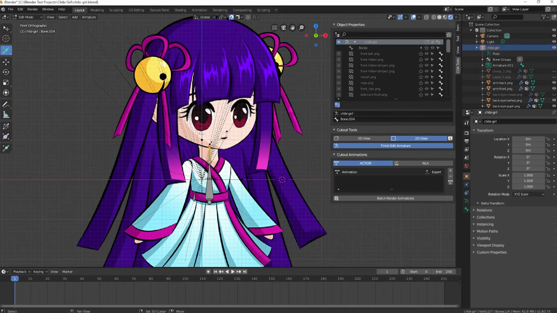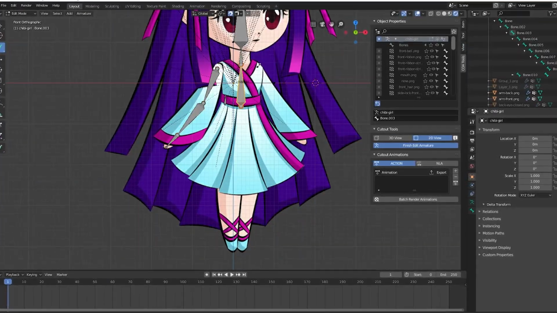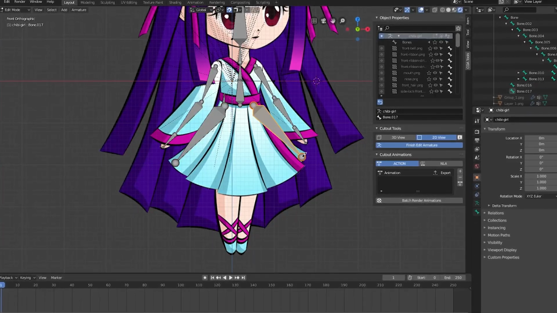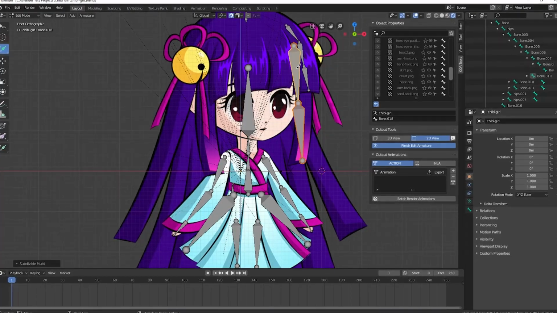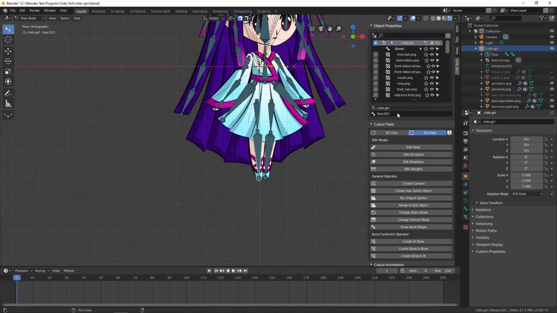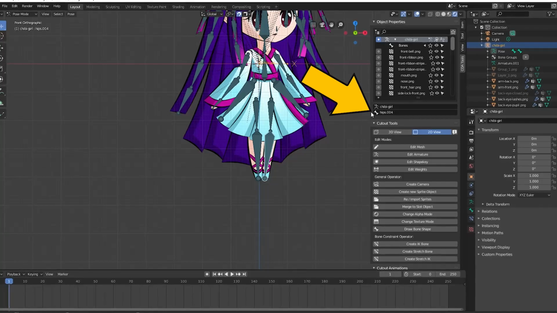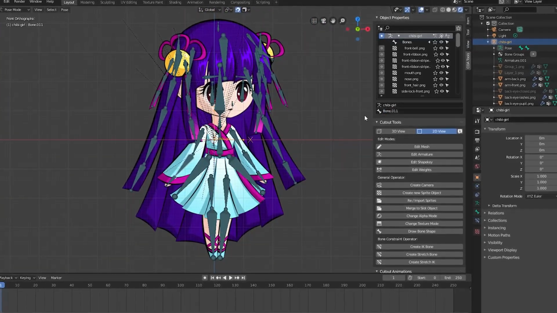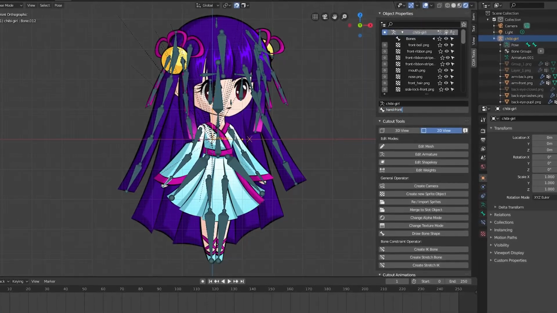From the first glance, the process in CoTools looked quite similar to Spine. I just create bones one after another, on top of the images I want to influence. I discovered that I can also split the bones and change their shape and color. The only flaw that I found is that you need to rename each one of the bones manually, one by one. It might be fine for simple characters, but if you have a rig with a lot of bones and details, it can get pretty time-consuming.